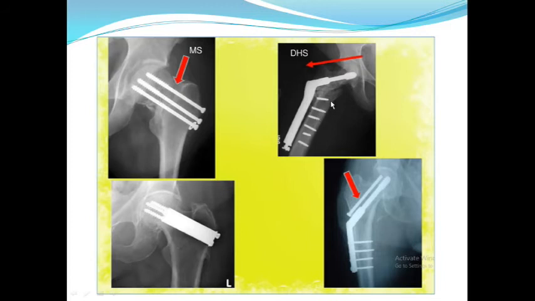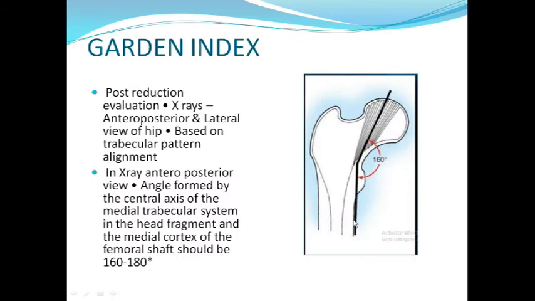This is called dynamic hip screw, which we were using in Garden stage 3 and stage 4. So here what we do, we put this instrument called dynamic hip screw. We apply a plate. It's like a plate here, and here will be multiple screws. Here you can see, and here also there is a big screw. You can tighten it, and after getting reduction, you can put this for better stability. So these were all about the CC screw and dynamic hip screw.